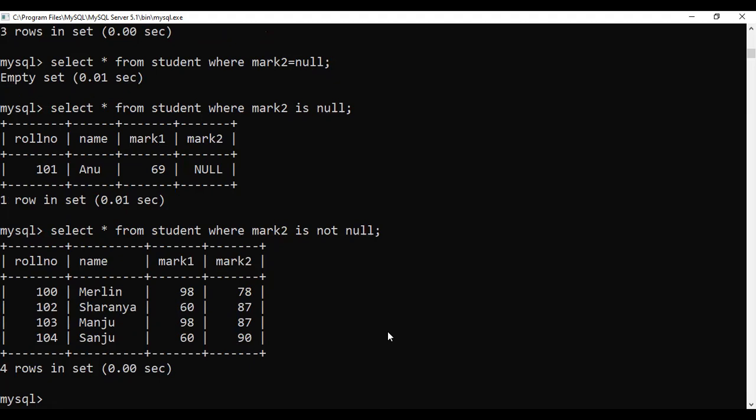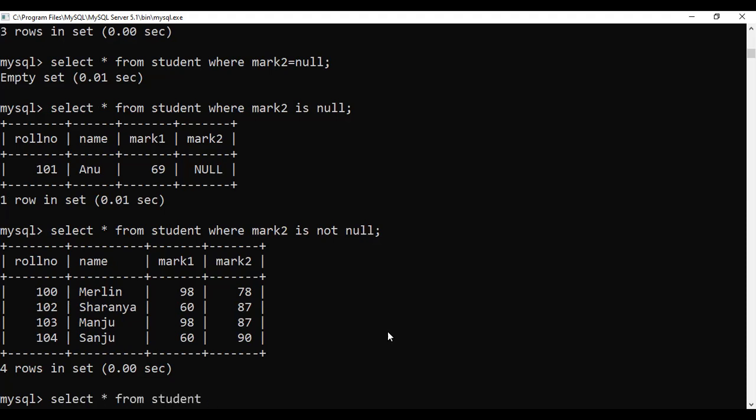the in operator. What is the in operator? The in operator is used instead of multiple or conditions. Instead of having multiple or conditions, we use the in operator, which selects a certain set of values from a list of values. Suppose: select star from student.